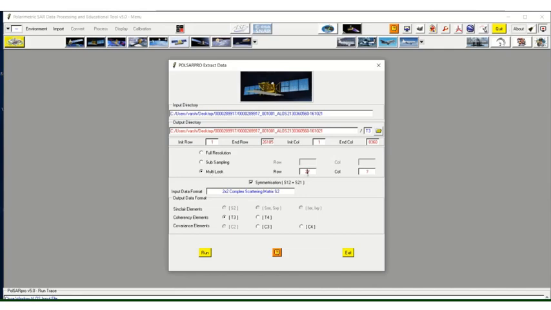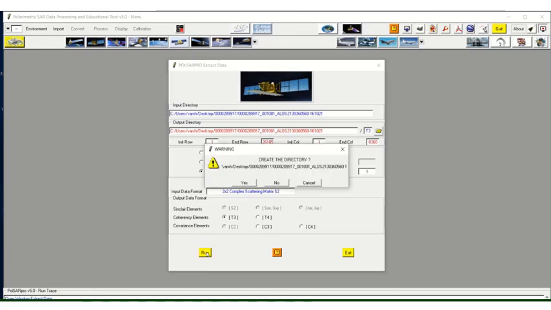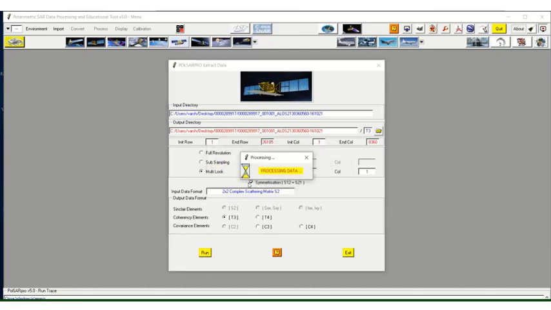and range, that is columns, 1. I want a T3 matrix, so I'll say OK, run. It asks to create a directory, yes.